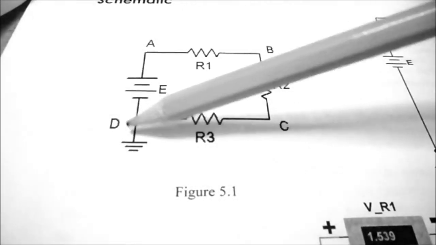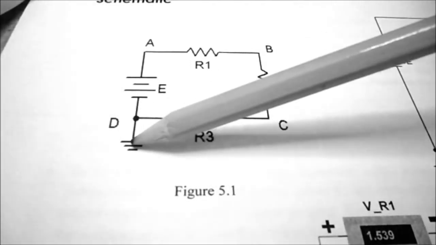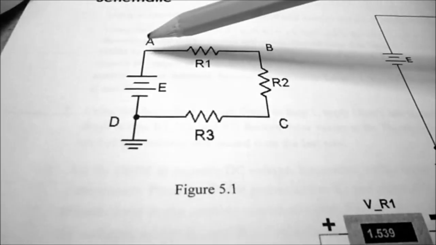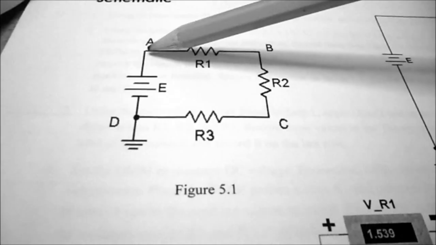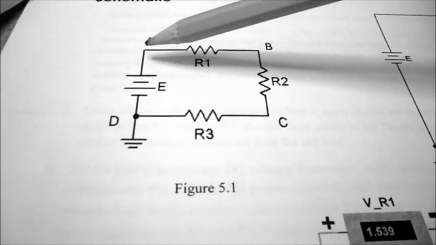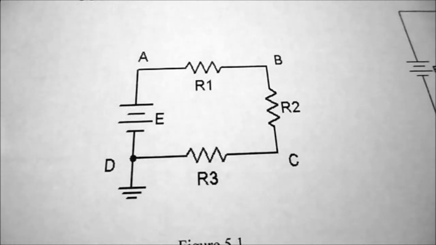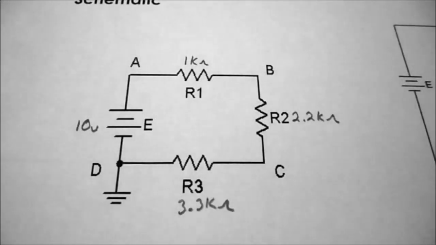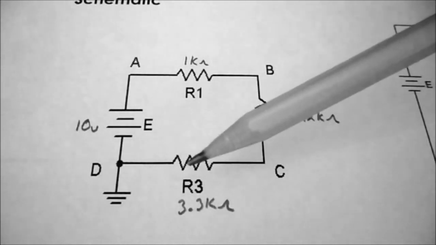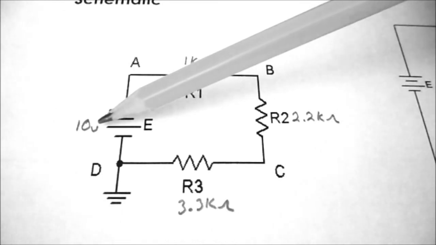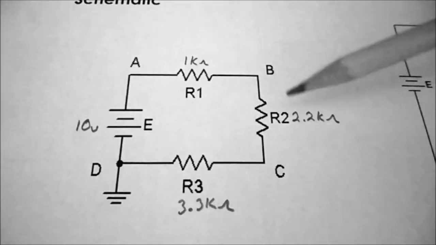So at D point we're expecting 0 volts. At A point we would be expecting 10 volts because that's what they told us to set our supply at. So to begin with, what we're going to do is write down on our schematic our known values. So in Figure 5.1, my first step was to write down the known values, the 10 volts, the 1K, the